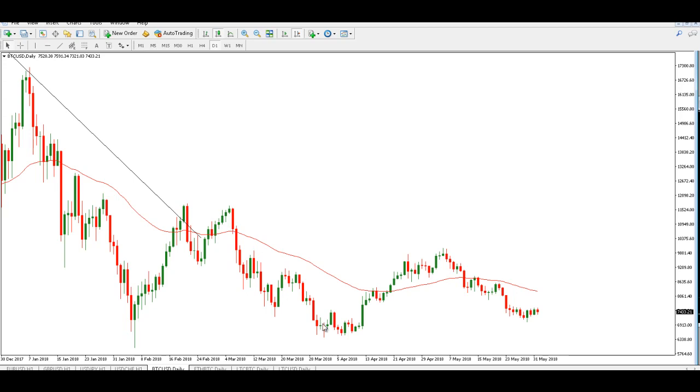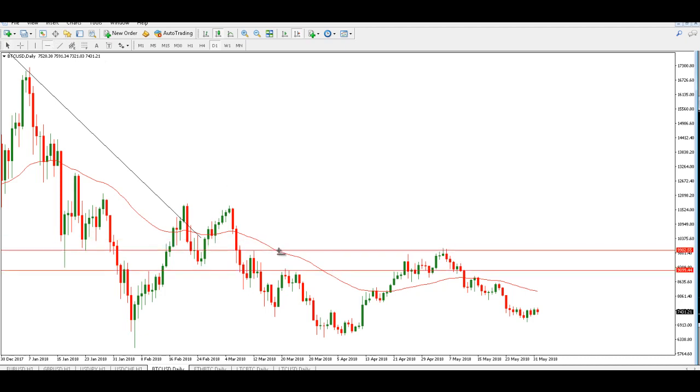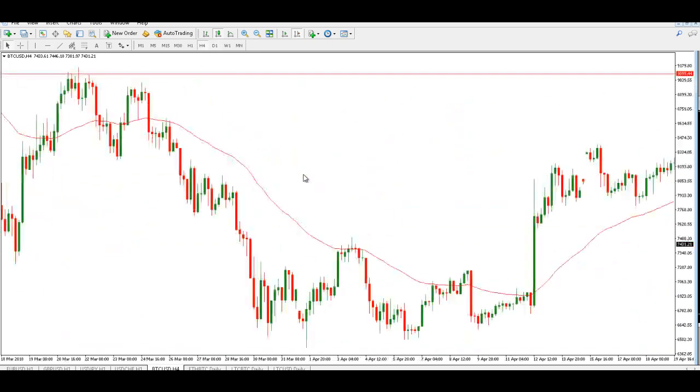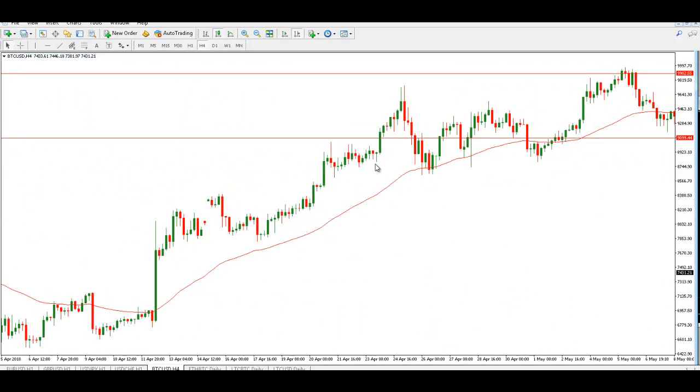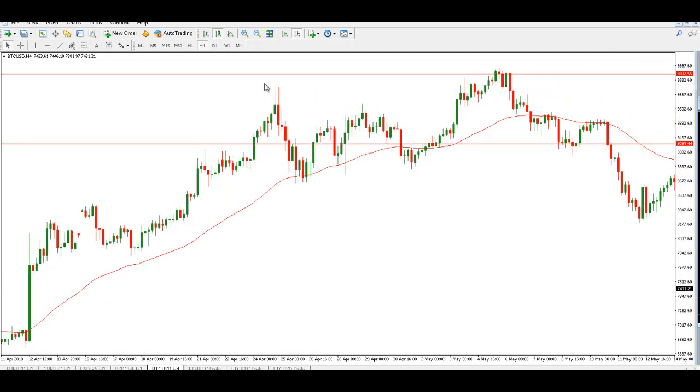So the market was going down, and we started to go right back up, right? So this would be one swing high I'm looking at right here, and this would be another one right here. So let's look at the 4-hour. Let's drill down. And okay, so we was right here. So the market blew past this, right? And we created a nice little 1, 2, 3, and then we took it, and it looked like